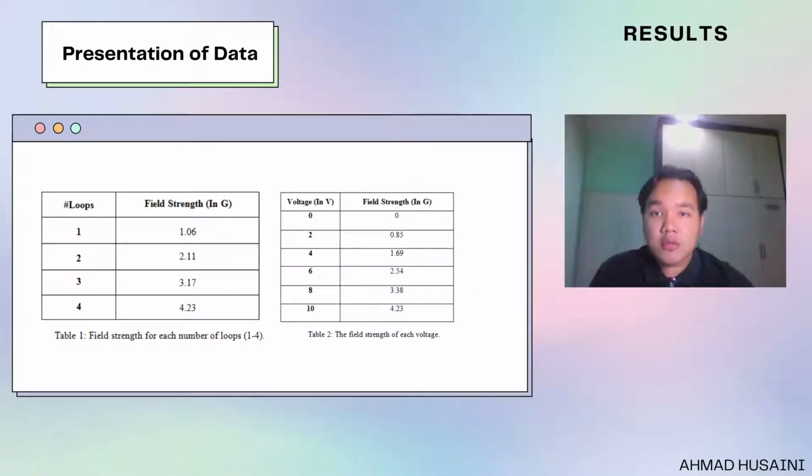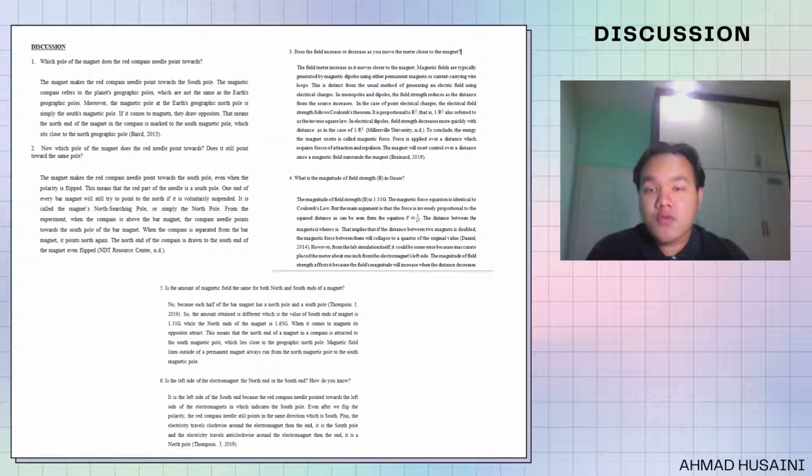Here are the results obtained at the end of the experiment. Based on the table, number of loops against field strength shows that the amount of the field strength increases as the number of loops increases. Meanwhile, for field strength against the voltage, the results that we obtained were, as the voltage increases, the electrical field strength also increases. Moving on to the discussion for the experiment, at the early part of the procedure, a compass was moved around